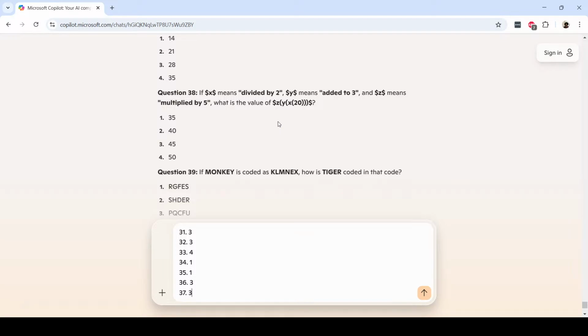So 10 plus 3 is 13, into 5, so 65, but that is not an answer. Divided by 2 is 10, then Y is added to 3, so 13, and Z is multiplied by 5, so it is,